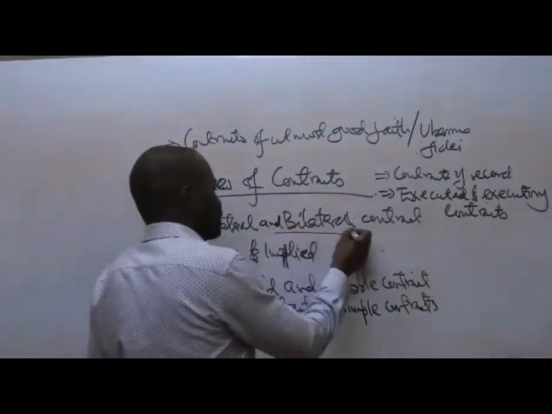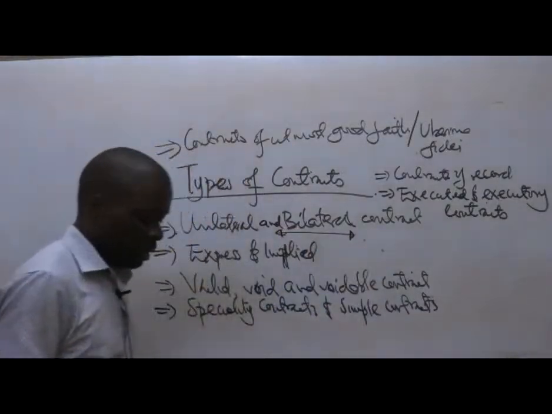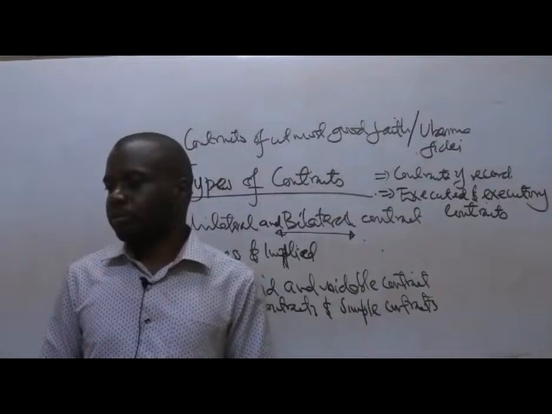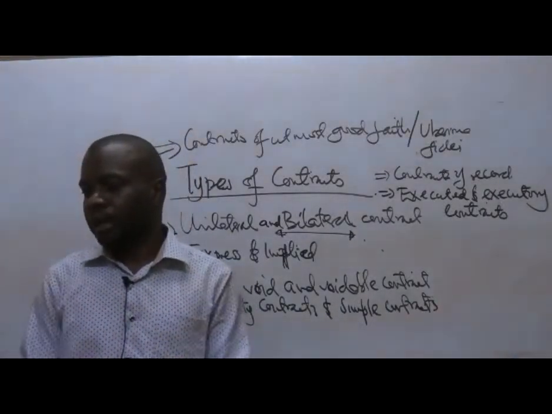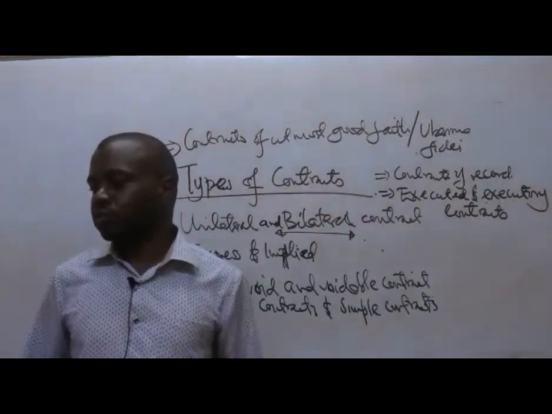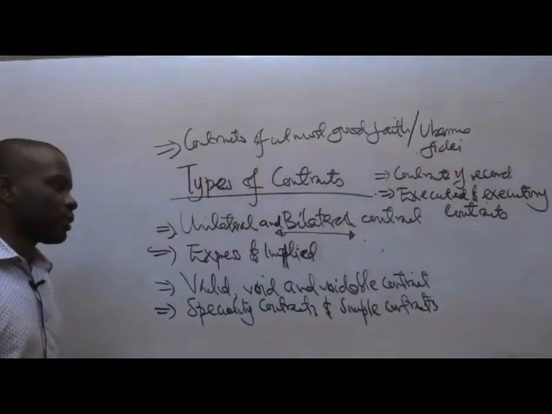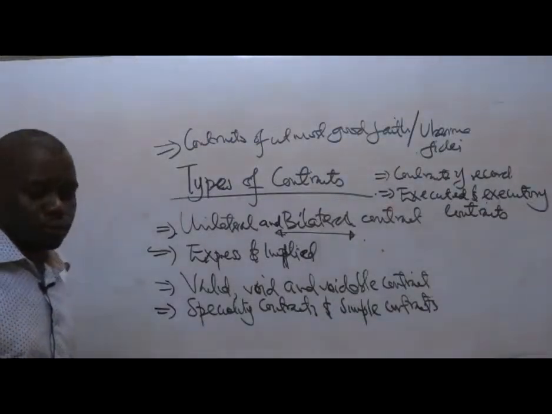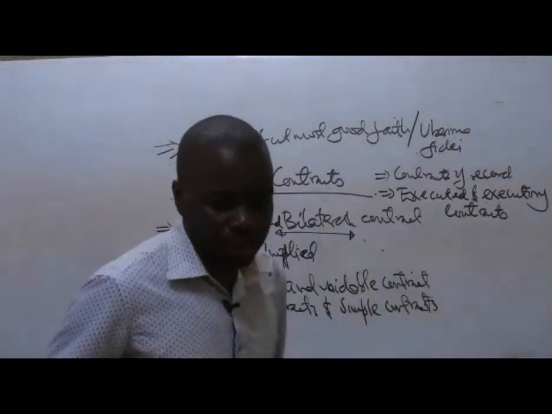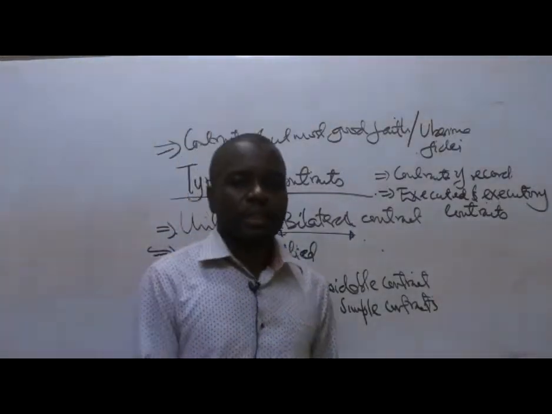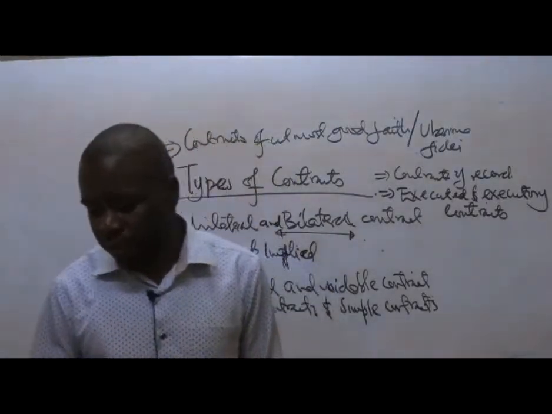When we talk about a bilateral contract, then two parties are bound, the one making the offer and the one making the acceptance, and both of them will be held responsible or become liable. So a bilateral contract is one in which both parties are bound. Me as the teacher and you as the student, both of us are bound to fulfill a certain obligation. No one is exempted from obligations under the contract. But a unilateral contract is where only one person is bound.